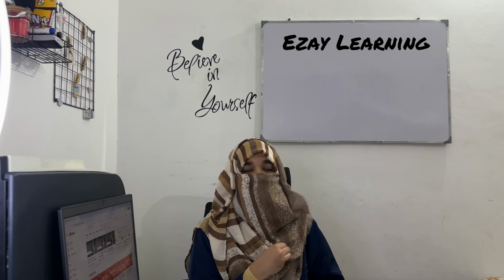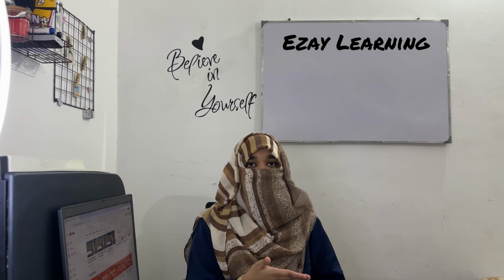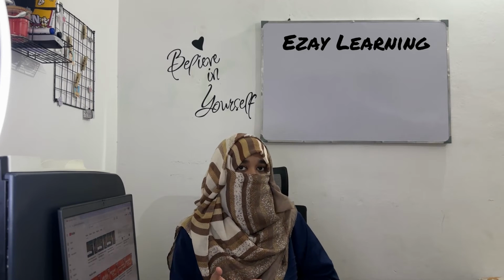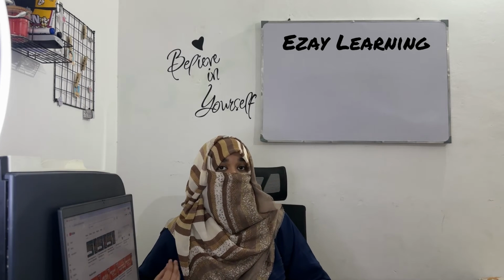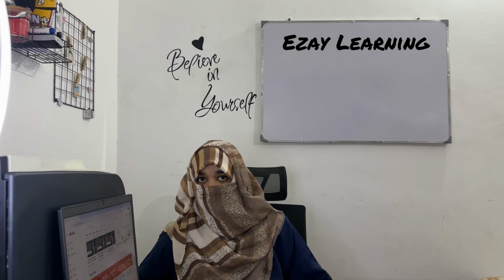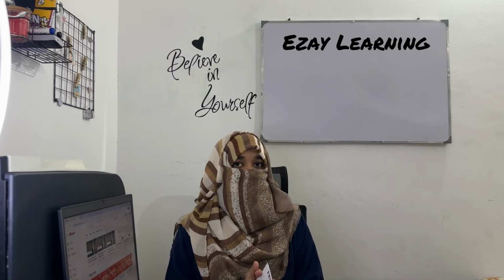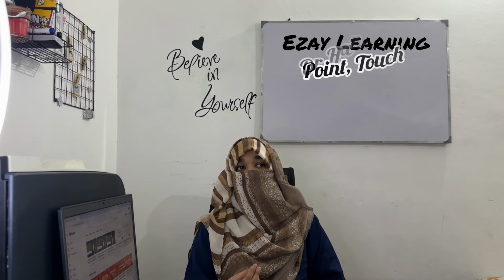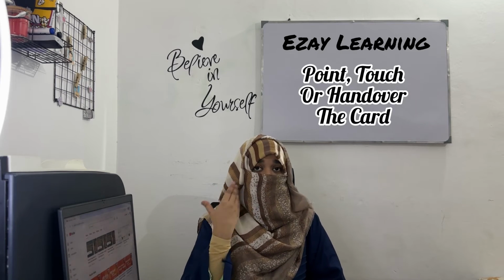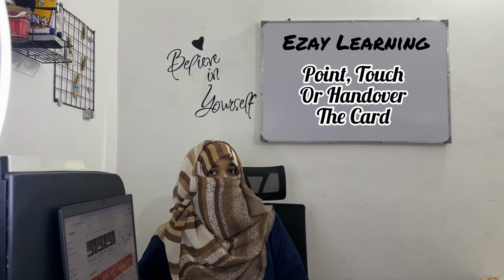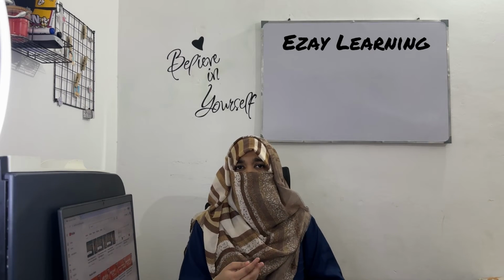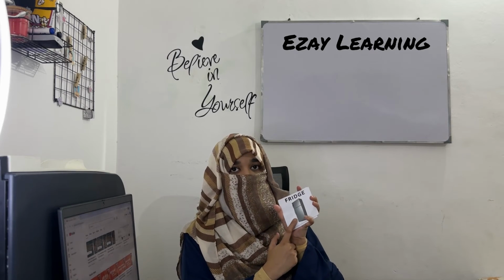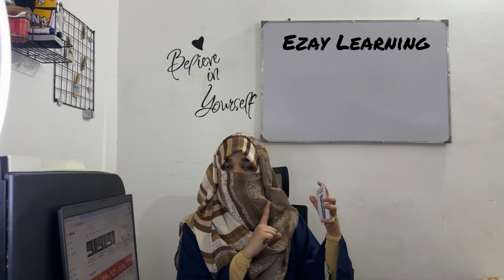However, if the child is non-vocal, or if he or she is showing low compliance, or maybe a completely new set is overwhelming for the child, then instead of asking the child to label it right away, you can do this step instead. You can start with a high preference activity, something that the child is more likely to respond to. For example, you can ask the child to point or touch the card. So you can ask, touch the fridge, or point at the fridge.